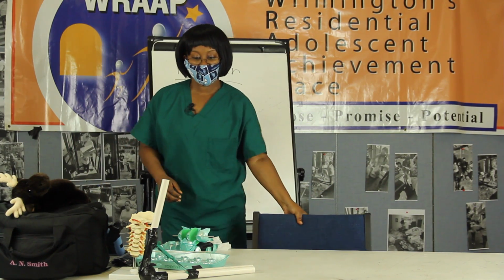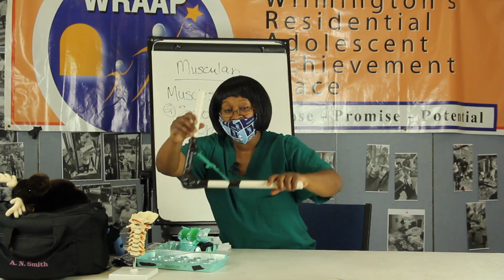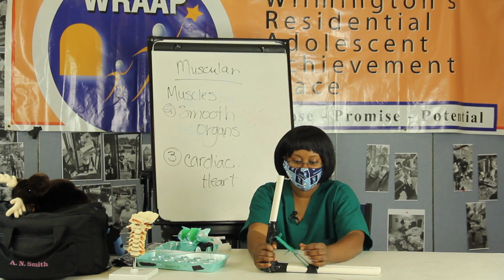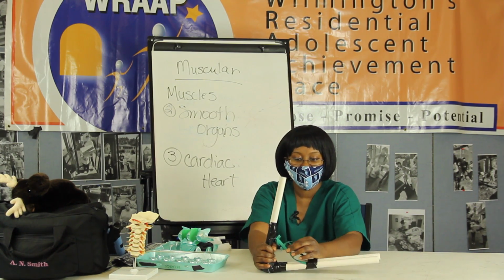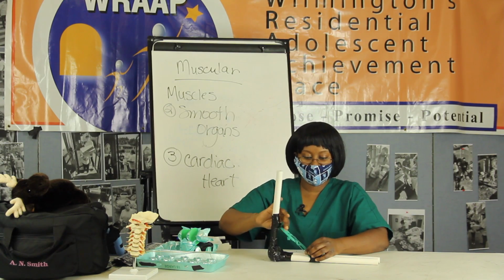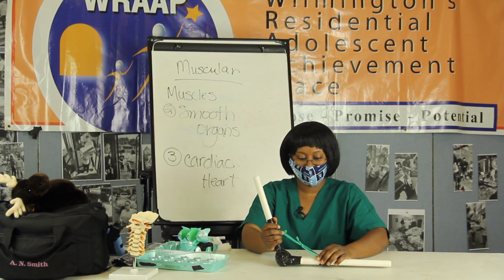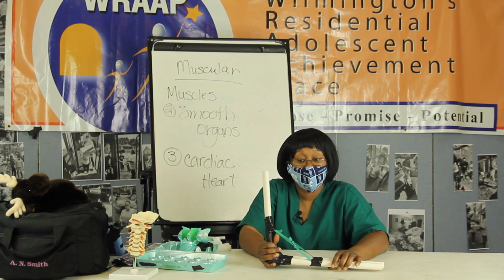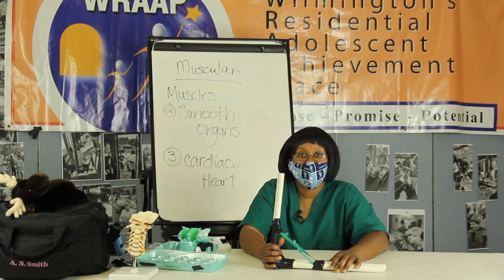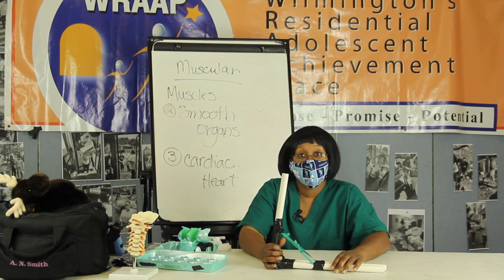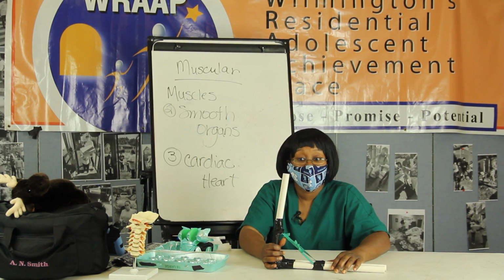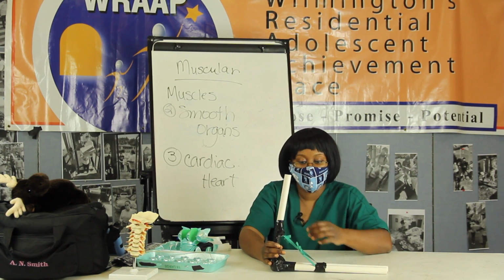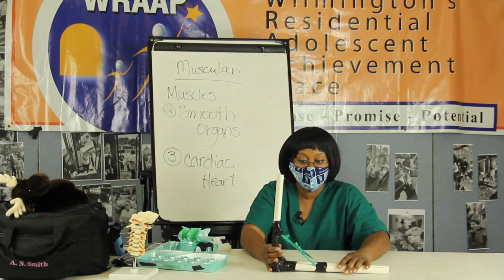So let me have a seat here. Since we're so used to the bicep, I created a homemade bicep right here. And these rubber bands are the muscles because muscles are flexible. So you see how we can move that like that? If you want to do this at home, that's great. I used what I had. If you're doing a home project, that's what you do. You don't have to spend money on it. Now, if you were wanting to compete in a fair or something like that, make this your prototype, okay? And then go from there and get it as lifelike as you can.